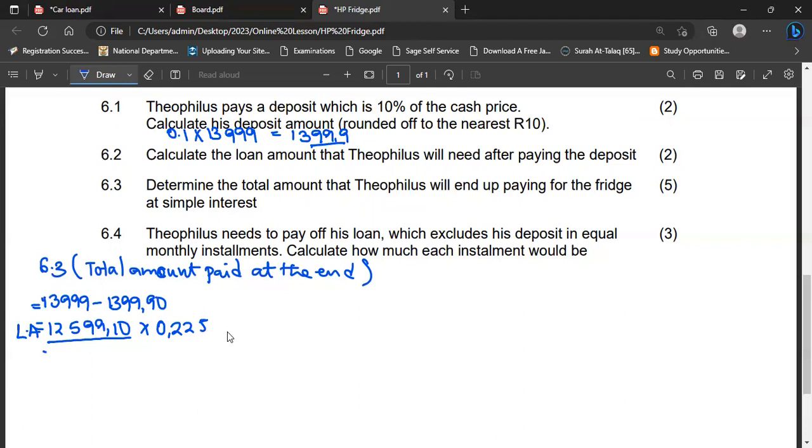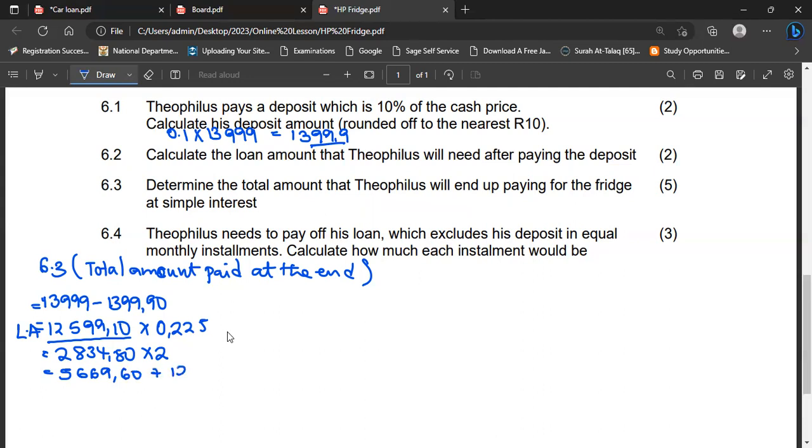And we end up having interest of 2,834 rands 80 cents. This is for only 1 year, but we multiply by 2. All right, multiply by 2, and we get the 5,669.60